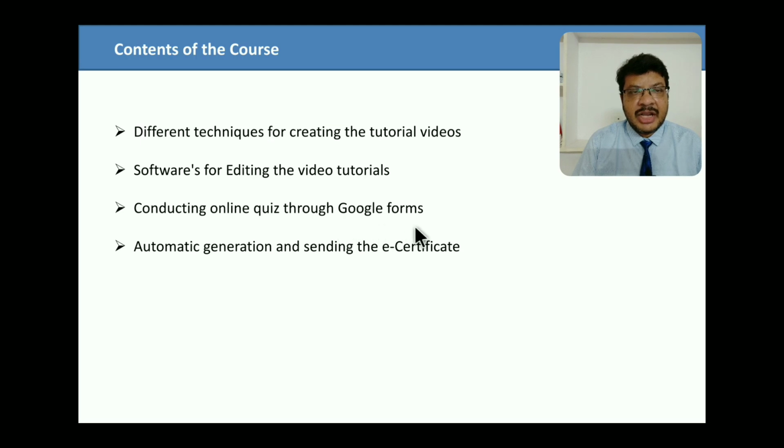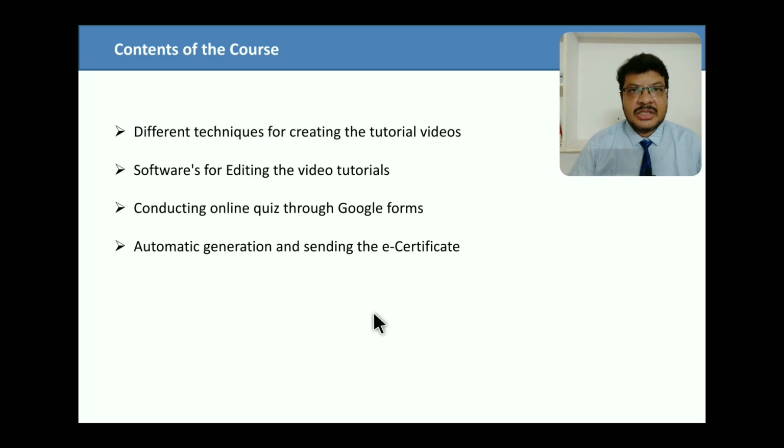This is a freely available platform to conduct online quizzes. So how to conduct the quiz, that also I will cover in this course. Then once the student has gone through the quiz and successfully completed it, how to send an e-certificate automatically to the participants, that also I will explain in this course.